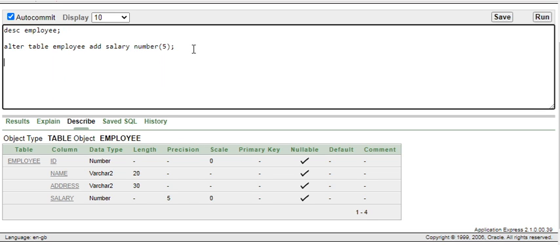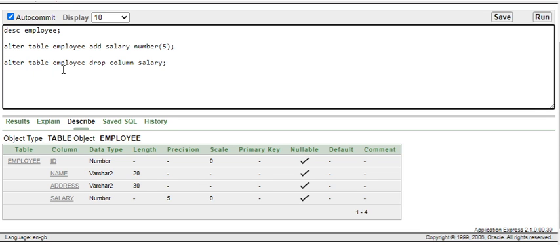In the same way I can drop that particular column. The syntax is alter table employee, this is common for all, then drop column, then give the column name. I am giving salary.